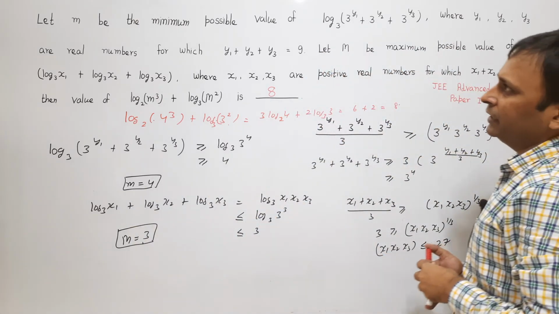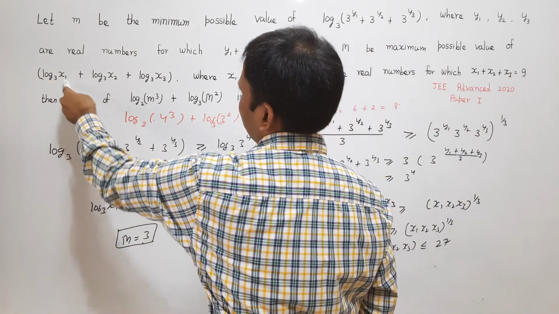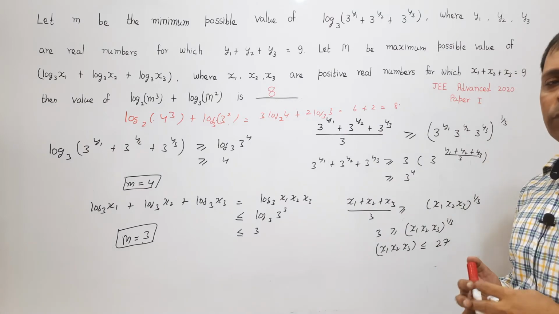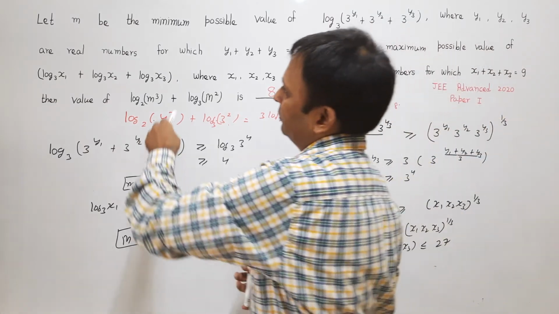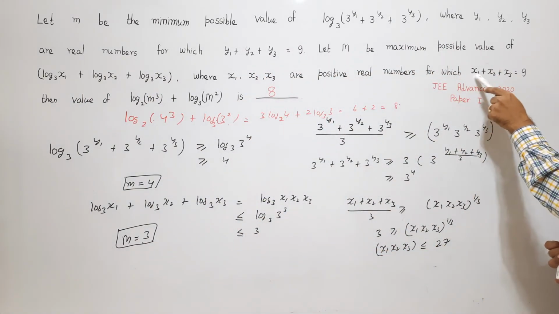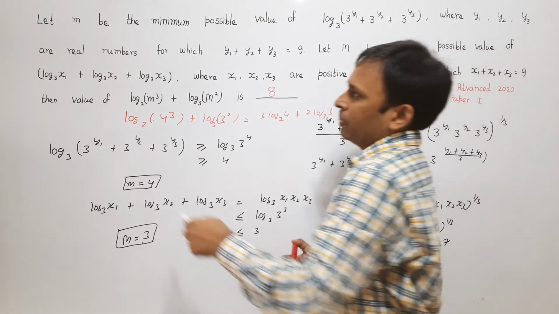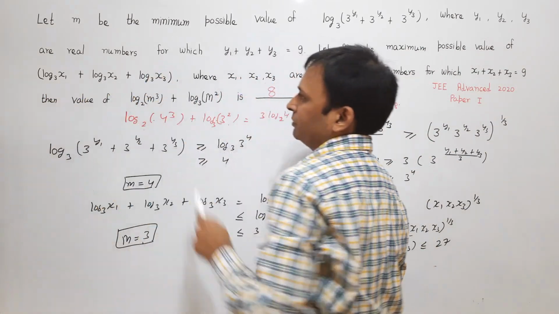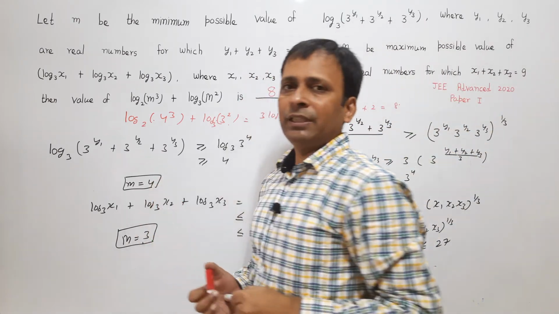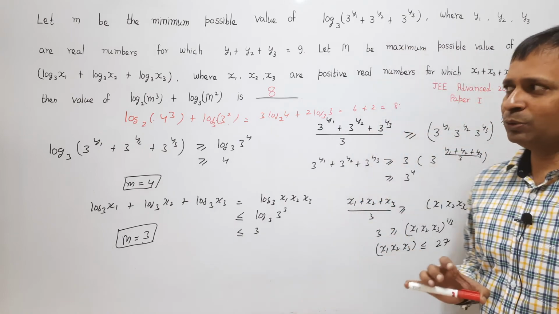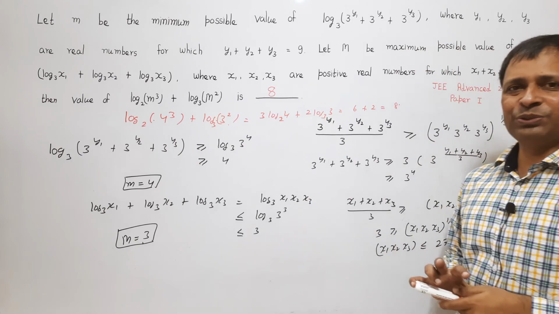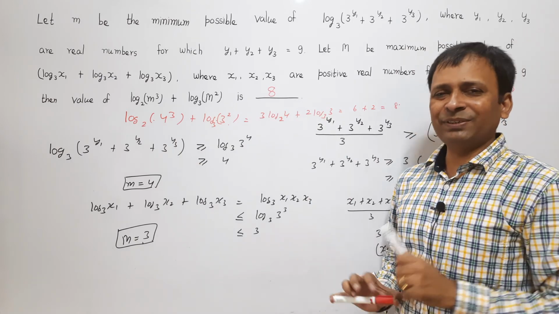Similarly, if all the three values x1, x2, x3 are equal, from there only I would get the extreme value of this whole sum. So here if all three of them are equal, then their value will be equal to 3. So I will write log of 3 plus log of 3 plus log of 3, which is log of 27 with the base 3, which is equal to 3. So that's how I get capital M is equal to 3. So this is another approach to solve this question. You would get the same result in this manner also. So this way you can easily solve this particular question.